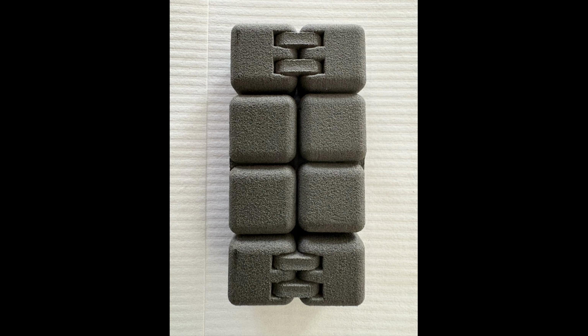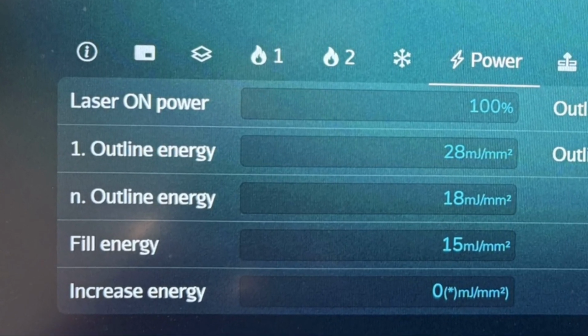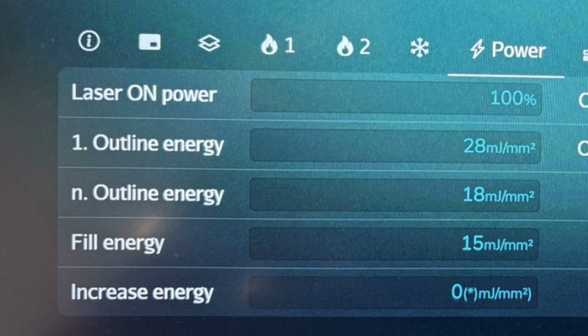In my discussion with Thomas, they said that the default energy density found under the print profile power could be driving these issues. There are 3 energy densities found in the print profile: outline energy, inline energy, and fill energy. Pavel said it's best that all 3 are changed at the same ratio if you make any changes. As you can see, these 3 default values, 24, 18, and 15, were originally set by Pavel and Thomas when they were